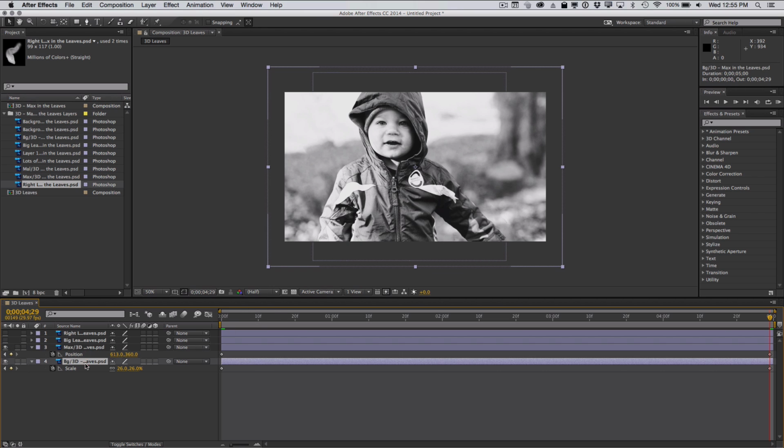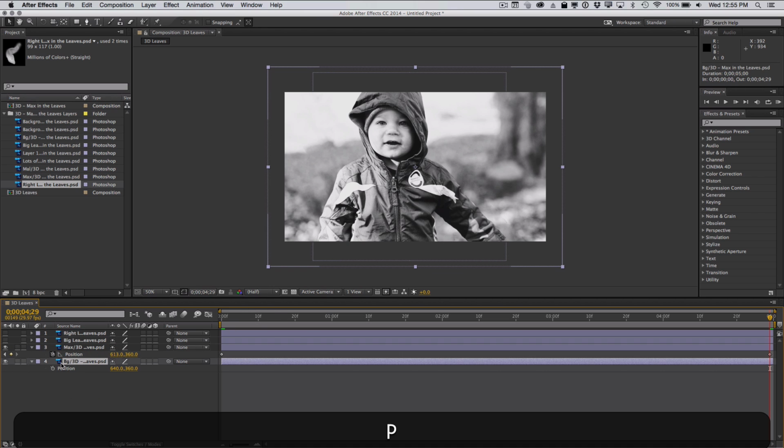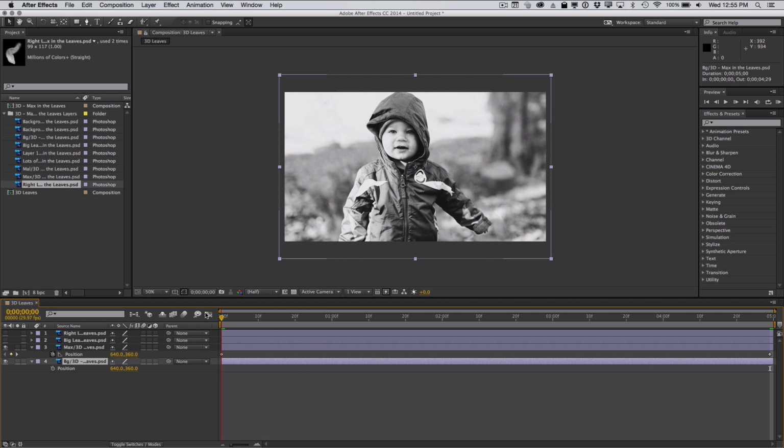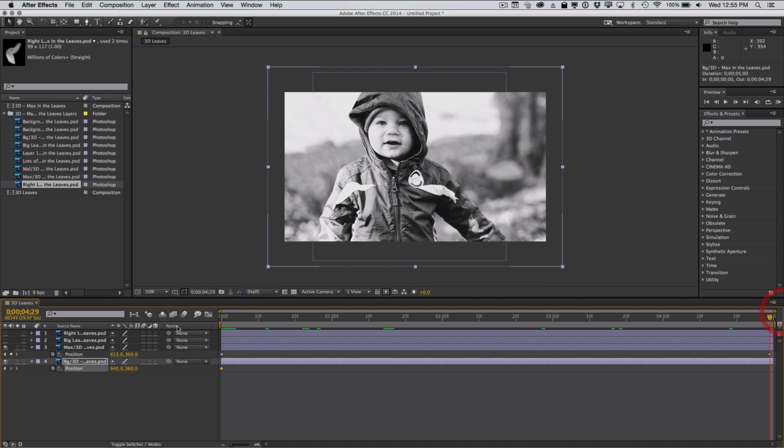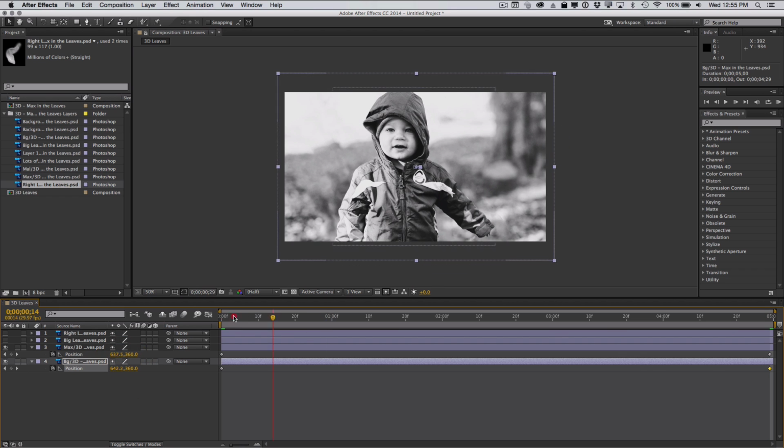I'm going to do the same thing for the leaves. I'm going to hit P, turns on position. I'm going to go back to my first frame, turn it on. I'm going to go over here, and I'm going to put it slightly in the other direction. All right, now when we play it back,